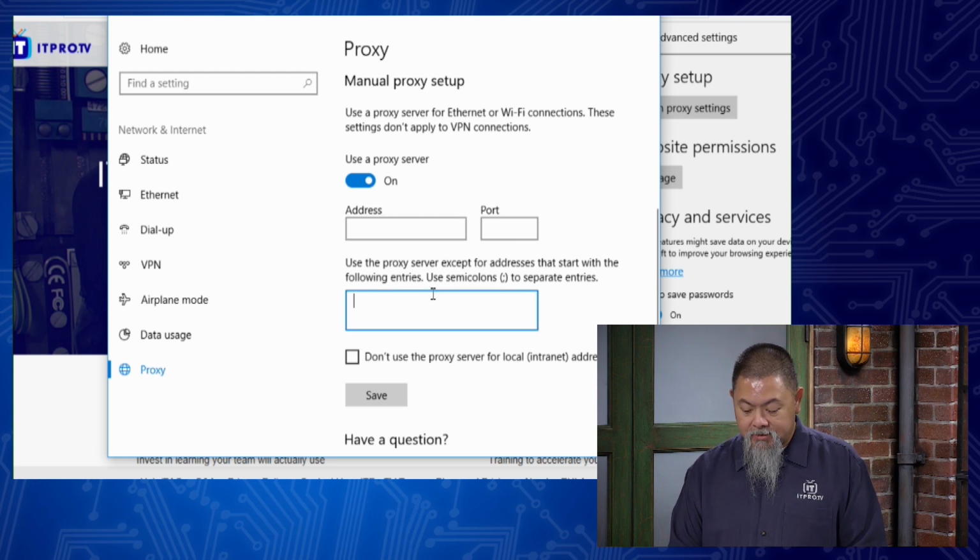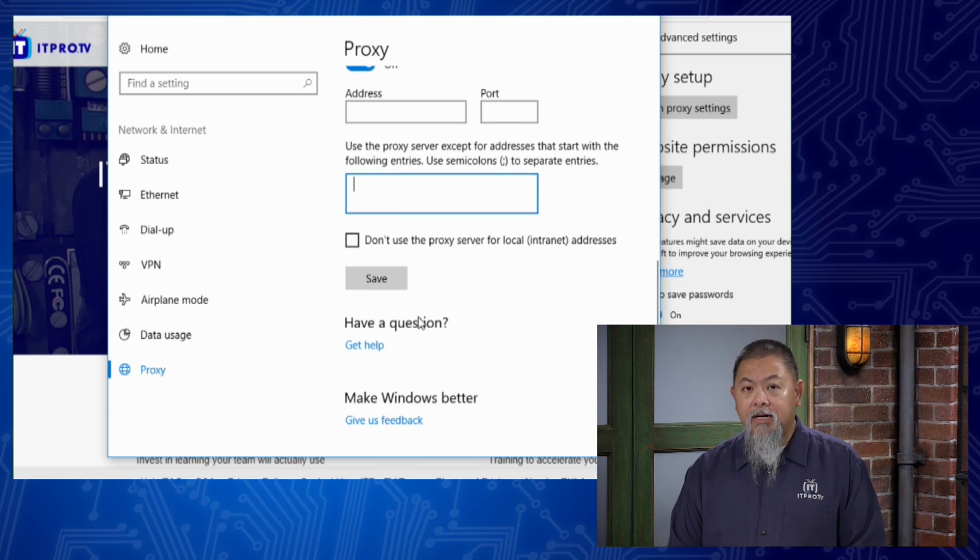And of course, it says the other things here, proxy settings, except for the addresses that begin with these entries here too, okay? So all of those are possible when you want to do that. And that way everything goes through that filter like what Don was talking about before it actually gets to you. And you're only connecting to that filter really when you start doing this.